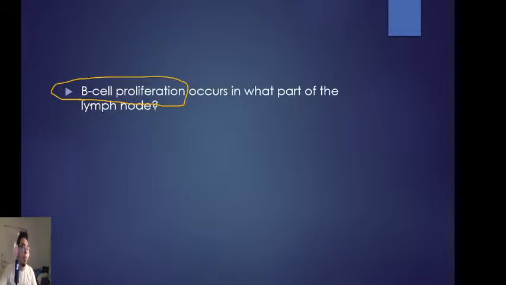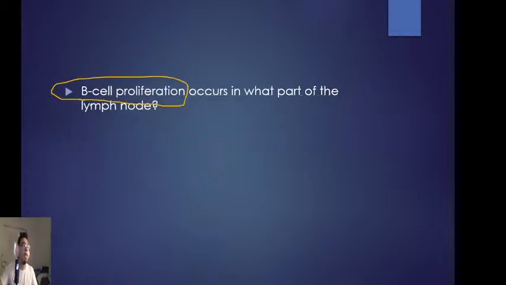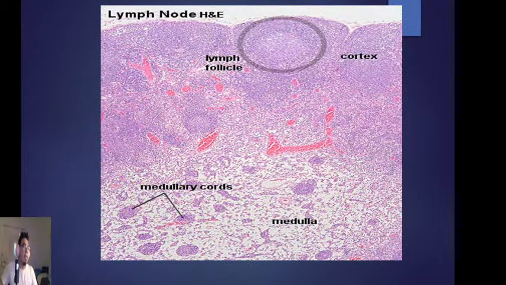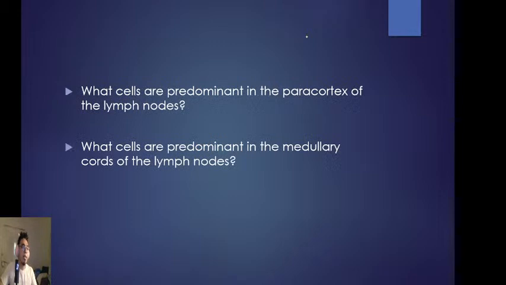Okay, or the germinal layer or the foci. Now let's talk about the cells that are predominant in the paracortex. In the paracortex, we're going to go back to our drawing. The paracortex is basically the outside layers of this one. So in the outside layers, you're going to see T lymphocytes. Within the medulla, or the medullary cords, you're going to see plasma